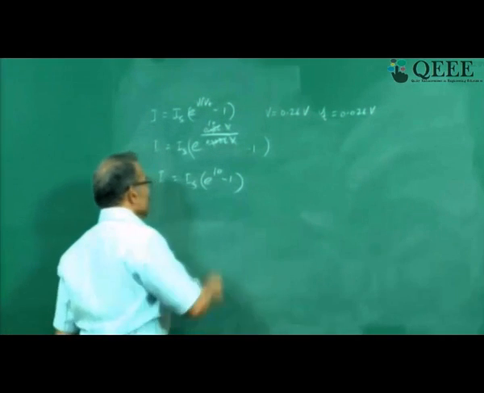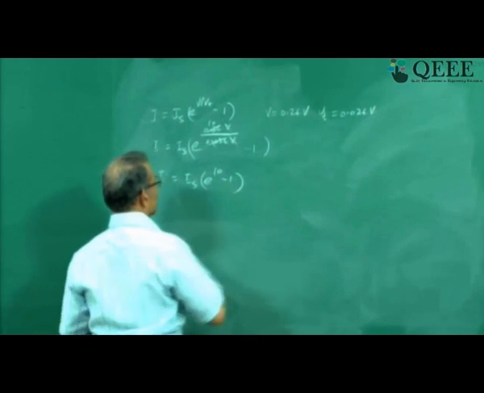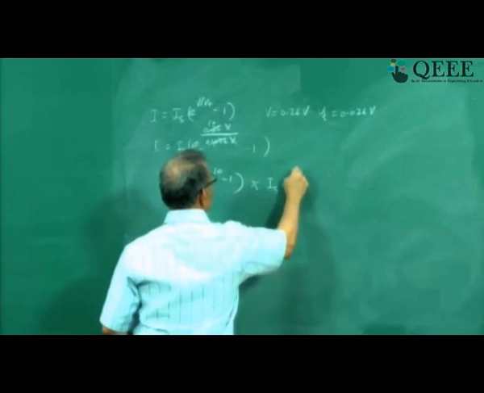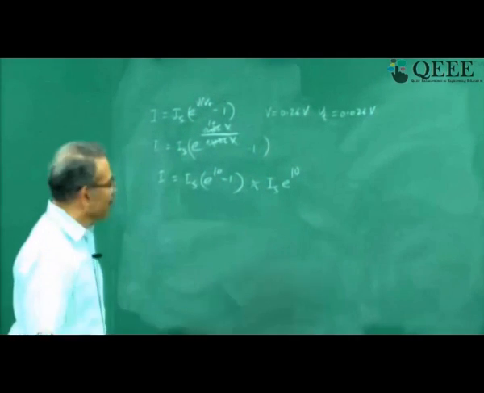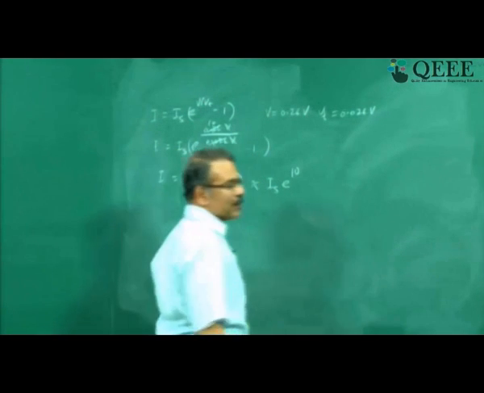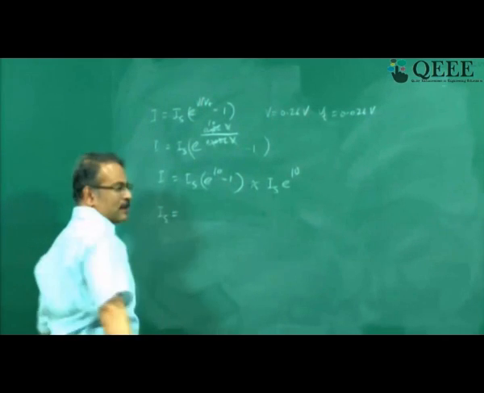So now, after putting all the terms, I know this term is not important. So I am going to say this is equal to Is exponential of 10. Now I need to find out what Is is, then I would have solved the problem. The Is calculation is a little bit more involved. So Is is equal to